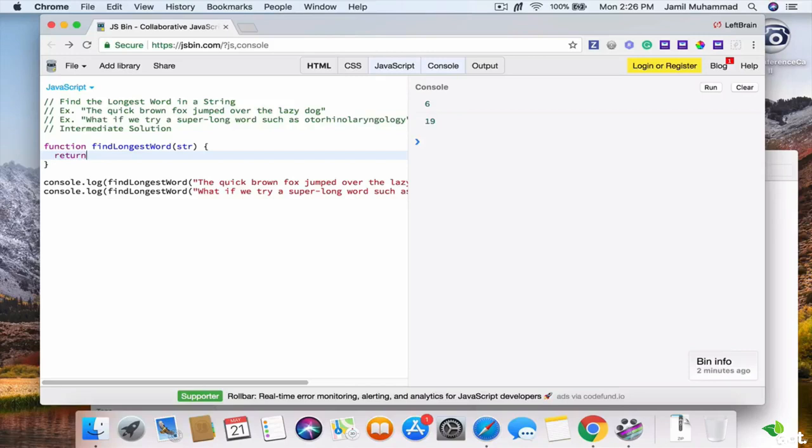So type return, and then I want you to change this string here, or you can keep it as string, or if you want you can just make it s, but I'm going to continue to use string. So return string dot split function keyword,